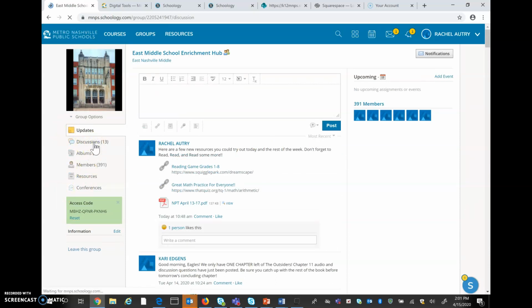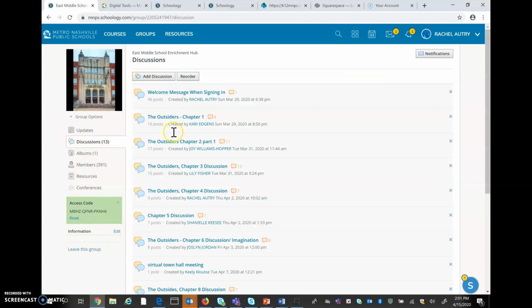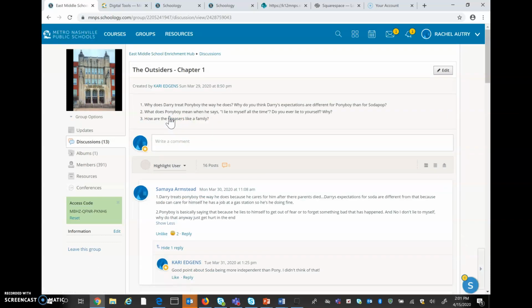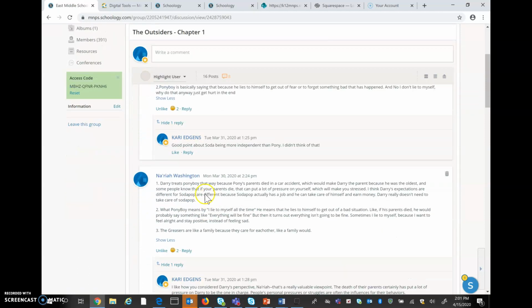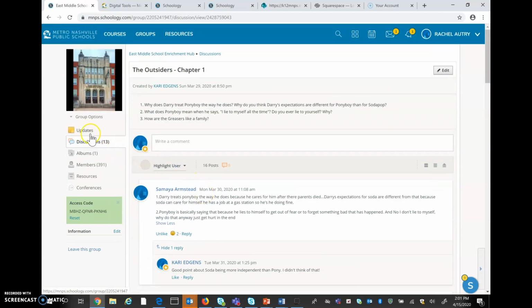So we've got a discussion board. This is the Outsider. So this is the book that Miss Edgens has downloaded, the PDF for this. There's discussion boards. You can also click on the blue. Anything that's blue you can click on, and that's where the discussion is posted, the discussion questions.